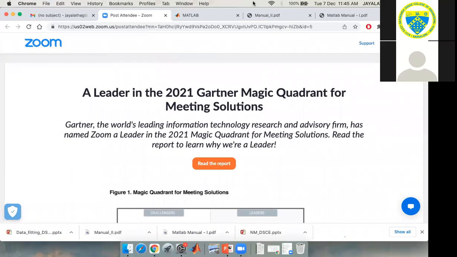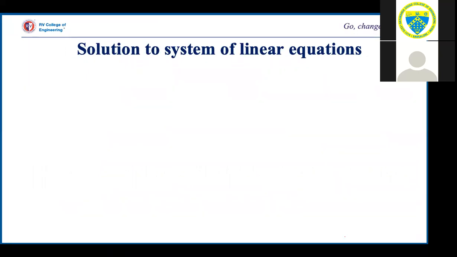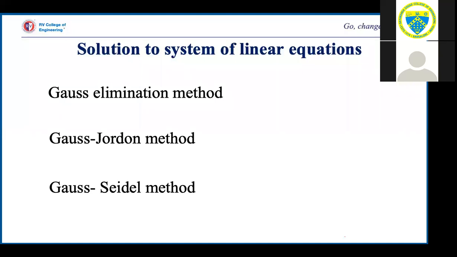So the methods are Gauss elimination method, Gauss-Jordan method, Gauss-Seidel method. No doubt Gauss-Seidel is an iterative method. And then you have LU decomposition.